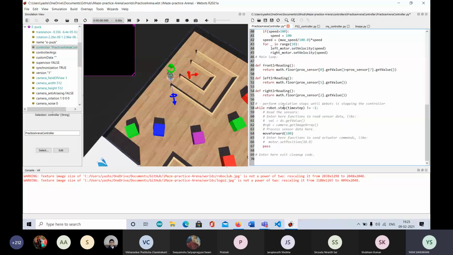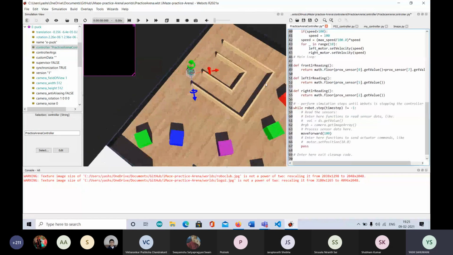It's basically after every time step, this will happen, and this is to ensure that there is no error and stuff. So yeah, you can do this, and then move forward. Here, whatever you want to do with your images and distance sensors, and via move forward and stuff, you can do this. I'll show you how, I just play this controller.